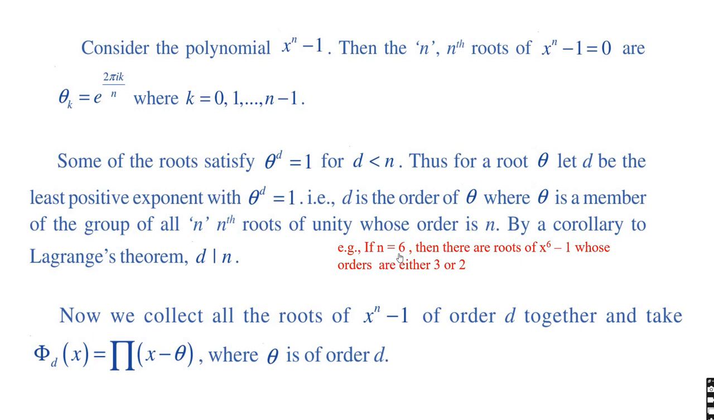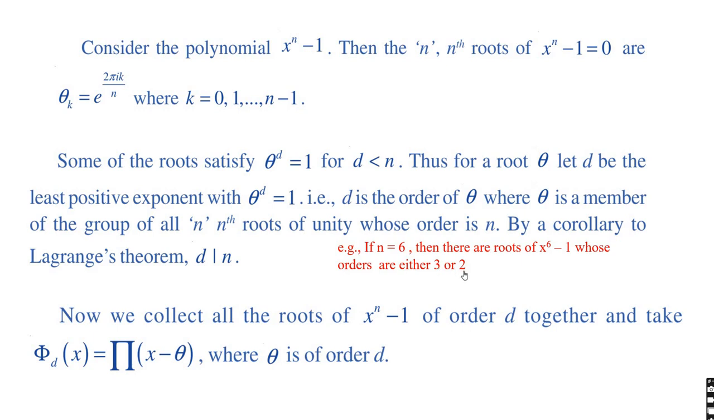See, here, suppose I have n to be 6. Then there will be roots of x power 6 minus 1 whose orders are either 3 or 2. Of course, we will have the identity element, namely 1, with order 1, and definitely we can have elements whose order is 6. But what we try to mention here is there are also roots of this whose orders are either